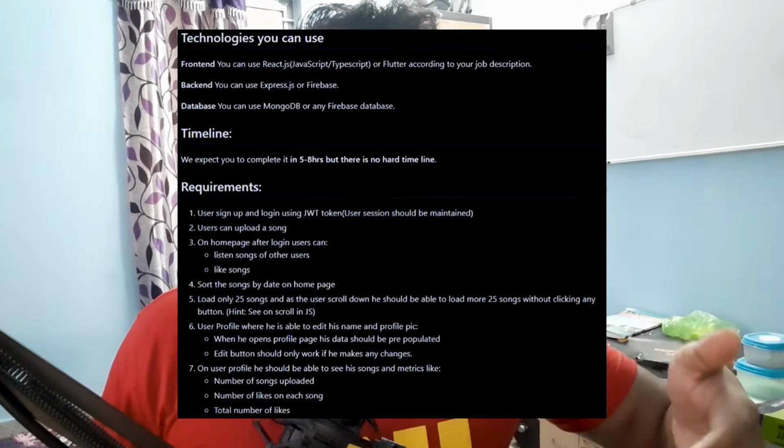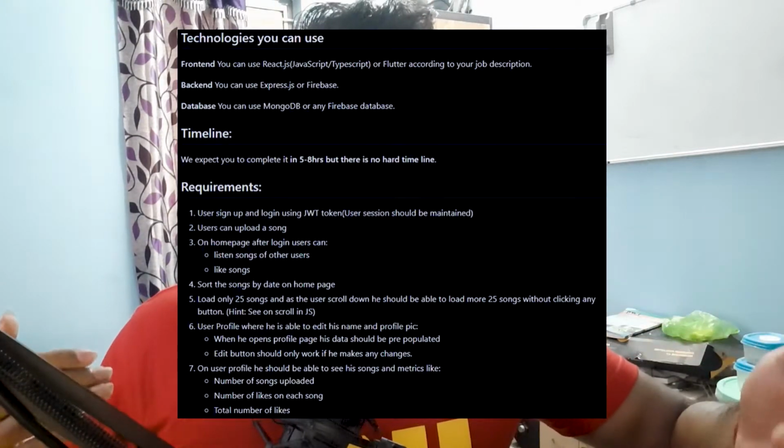There will be a feed, the user will have a profile there, and there will be authentication with JWT. And I thought, is it normal that companies ask all these things? And then I read the time required to make this, which was just 5 to 8 hours. I was like, what? It was also written that the time is not a hard limit, but I thought, 8 hours means obviously they must be thinking that I should give it in one day, I guess, because it was new to me.